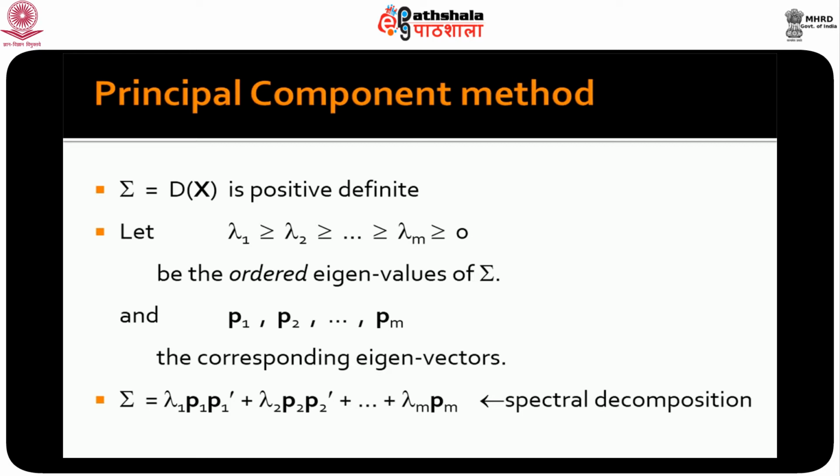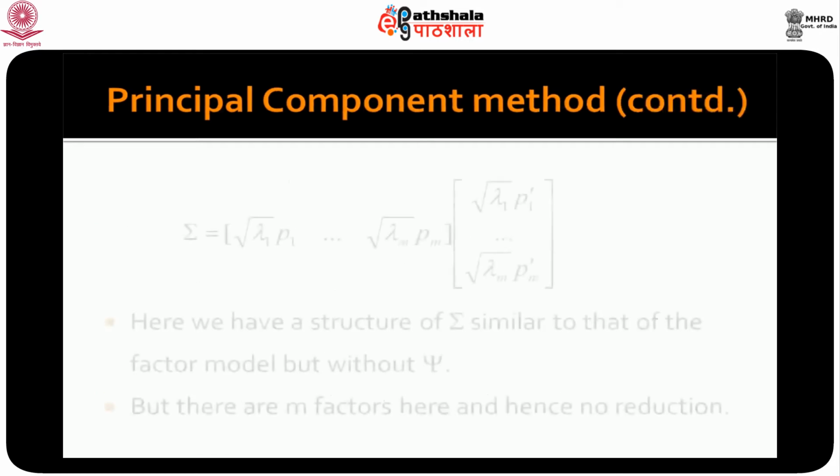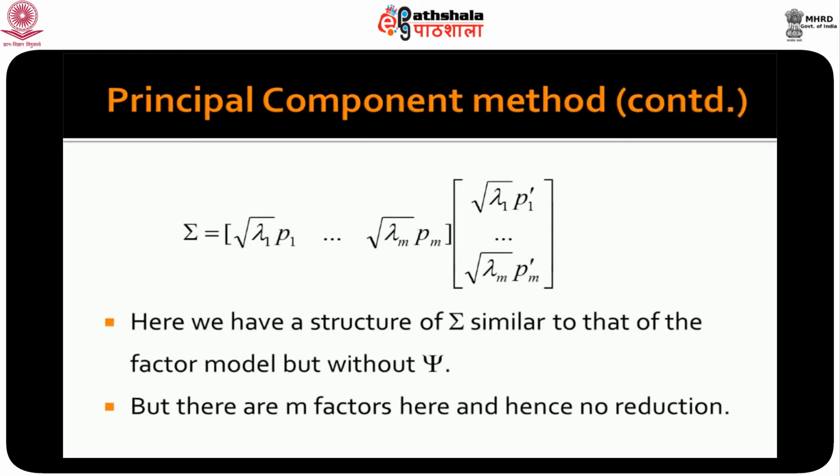These p_j's, remember, are the eigenvectors corresponding to the eigenvalue lambda_j. This breakup is referred to as the spectral decomposition of the positive definite matrix. Now, once we do this spectral decomposition, we can show that we can always write this as the product of